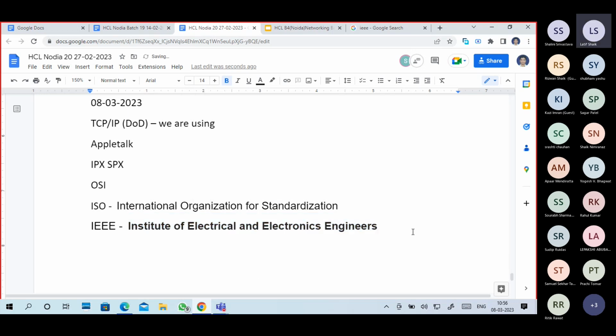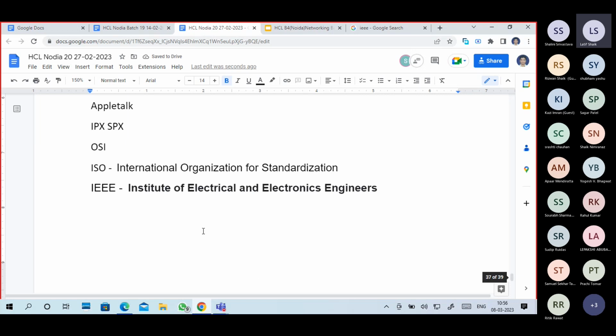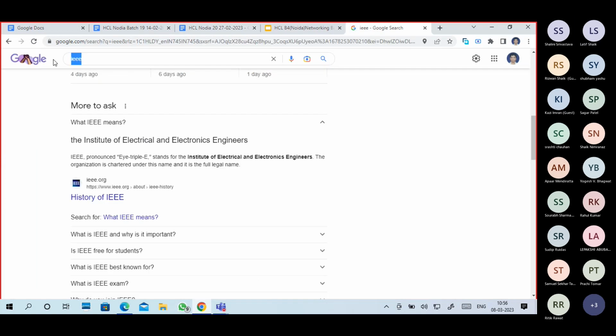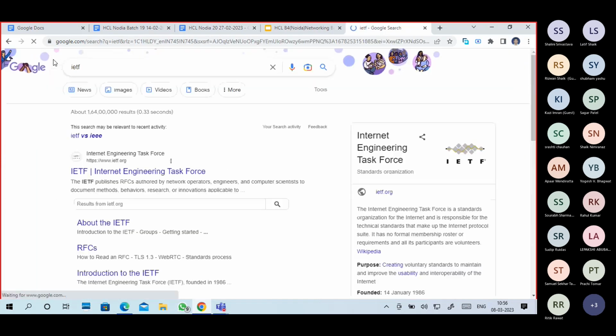A lot of names are there just for general knowledge. IETF, Internet Engineering Task Force, is a standards organization for the Internet and is responsible for the technical standards that make up the Internet protocol suite.